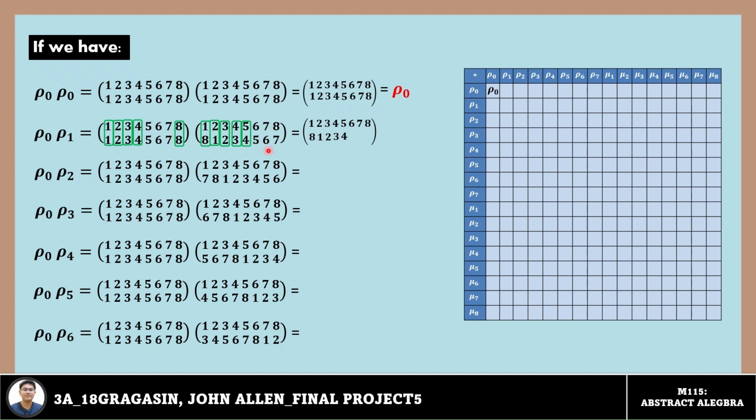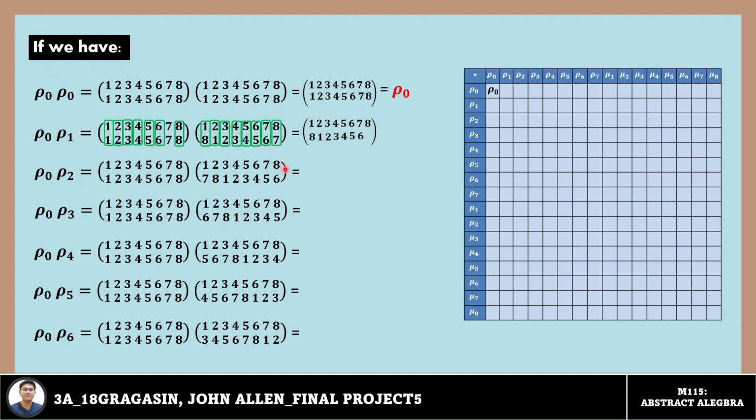And then 6 is to 5. And then 5 is to 5. Therefore, our answer here is 5. And then 7 is to 6. As you can see here, the number below it is 6. And we need to find 6 on here. So we have here the 6. Therefore, our answer here is 6.